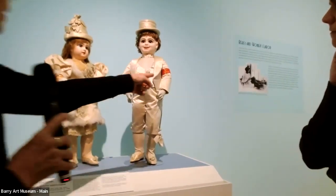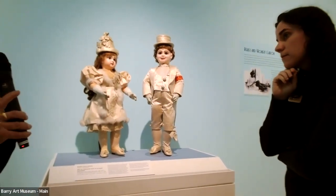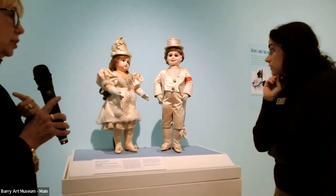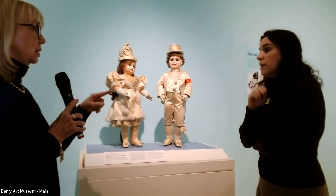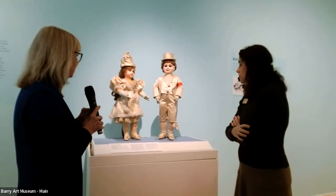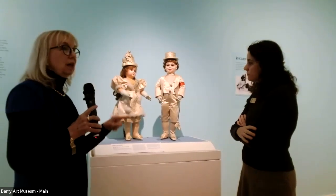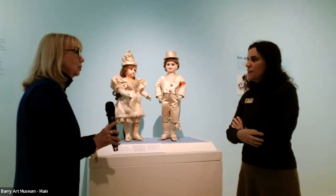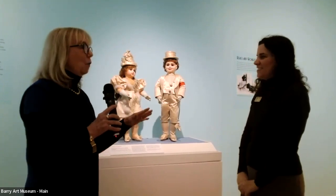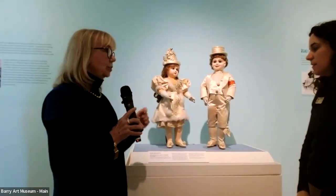Wonderful. This is really remarkable, to still retain that black silk banner on his sleeve. That's an original banner that was put there by Emile Gimot that says Bébé Gimot, and it's so delicate, to have it be retained is absolutely wonderful. They have their original shoes. And one of the things Gimot did, I'm sorry, am I talking too much? Oh, no. Okay. One of the things that Gimot did,